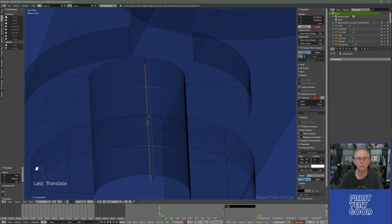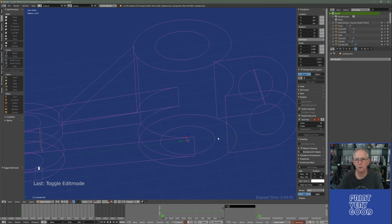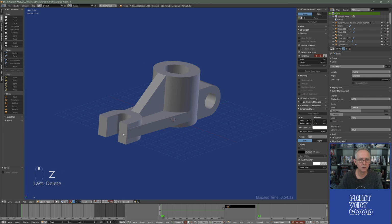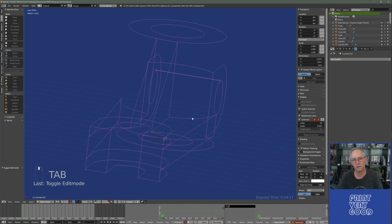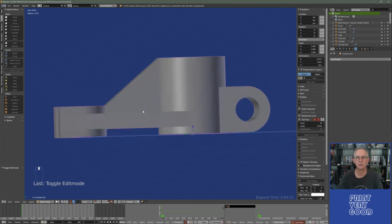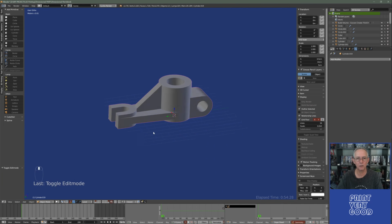And I don't know where. Seems to be alright there. I've got that. Got something happening here. Okay. I see what it is. I haven't cleaned up my tool, but it looks. Yeah. I just didn't delete the tool that I'd used to do the Boolean operation prior. Alright, so that looks like we've got our part